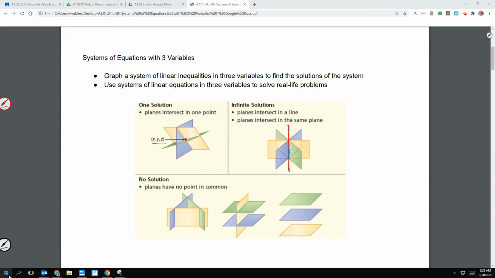And then we have another example where none of the planes intersect. And obviously that's no solution. So again, we have opportunity for one solution. We have the opportunity for infinite solutions, which the planes together would form a line. We have an opportunity where there's no solution, where there's possibilities where all three planes don't